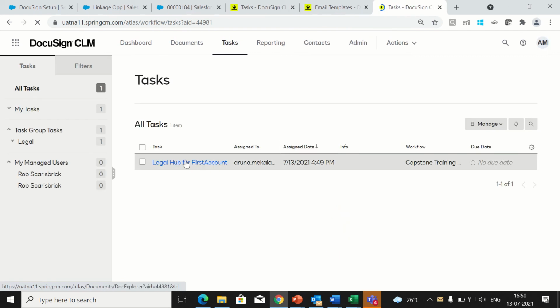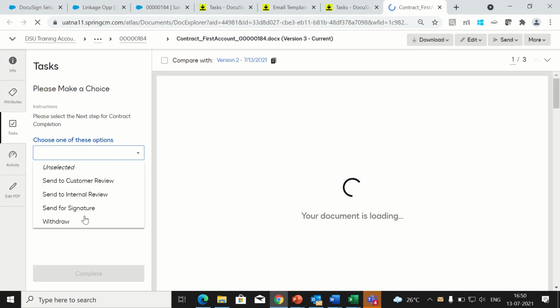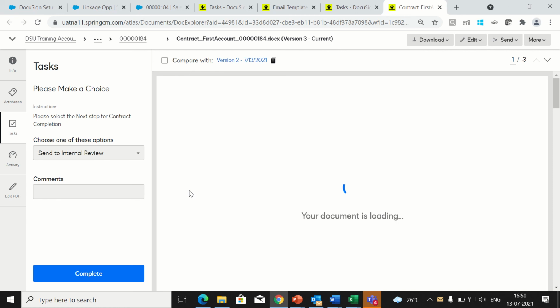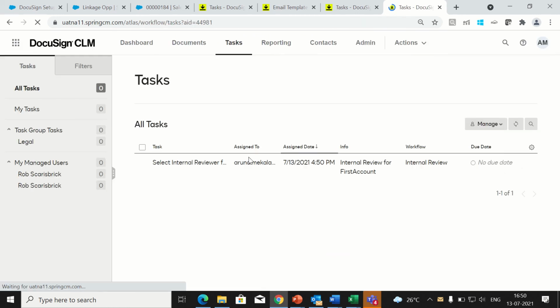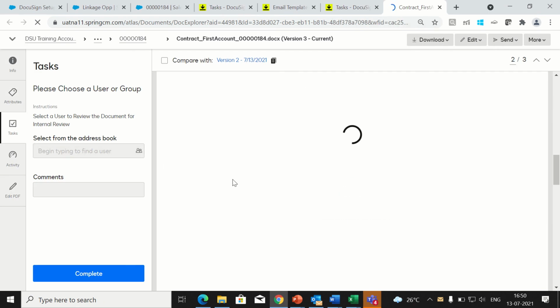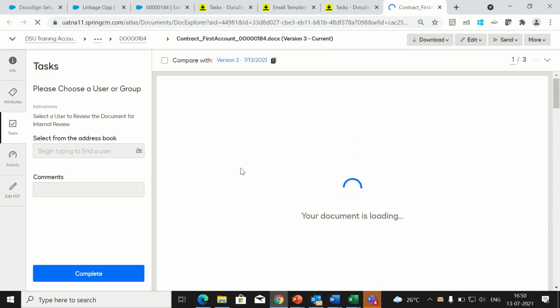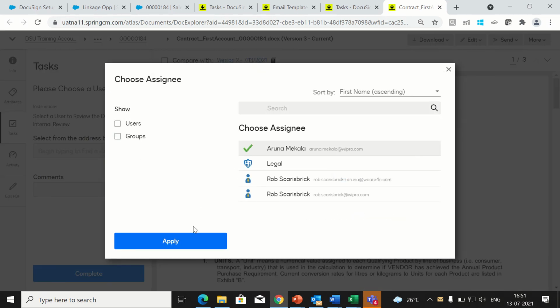So again it came for legal hub. I need to review it, and next I need to select the process. Now I'm selecting internal review. I'm completing it. So once I select the internal review, again it will come for one more confirmatory mail, either to send it for internal review or not. So it is not like it will go to the same person. Okay, now I need to select the person who needs to do the internal review, as I'm selecting me only again,